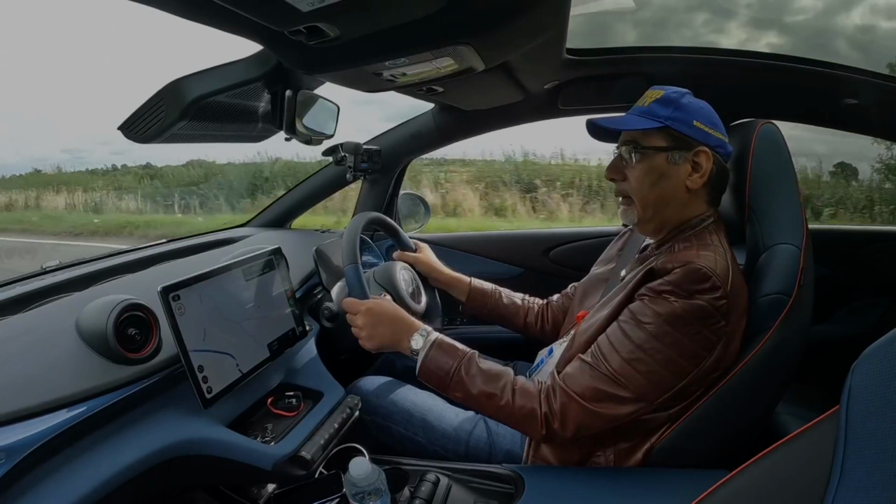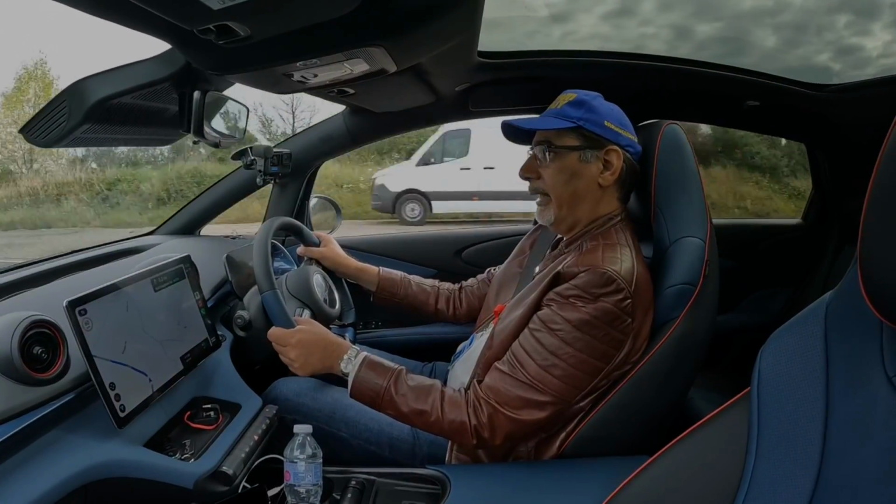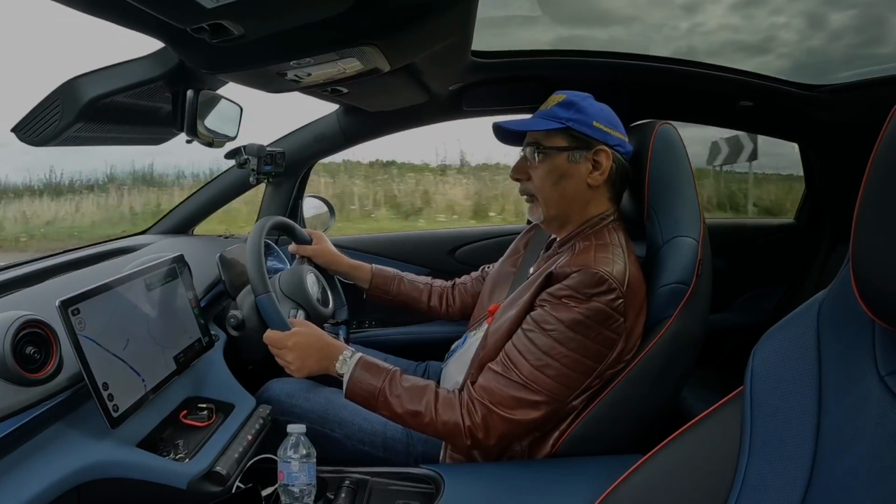So very little body movement, having said that. So that's not so bad. So actually, here's another corner. So onto the brakes, turn it in, accelerate, no problem at all. Actually, I was compensating for expected understeer, but I didn't get it there. So actually, it's pretty neutral in terms of...